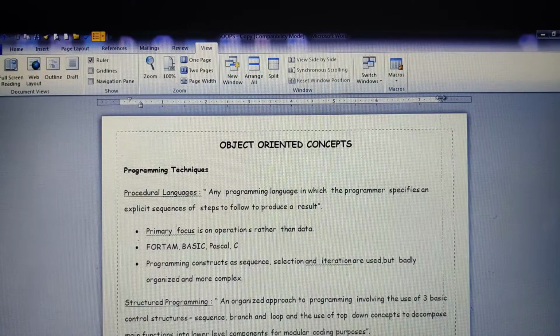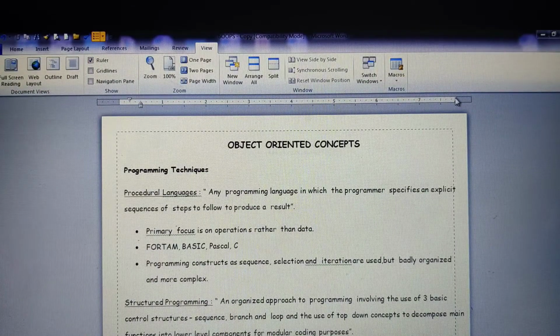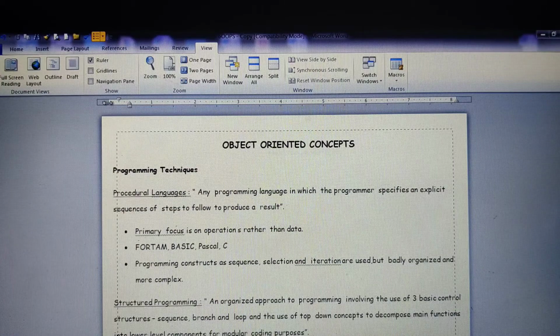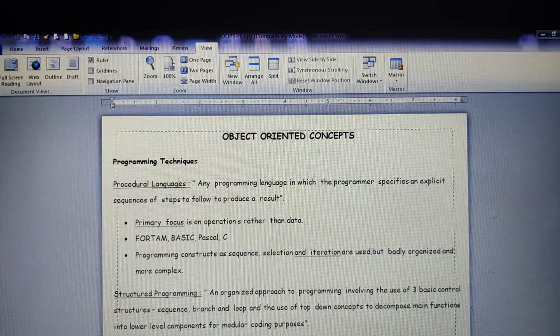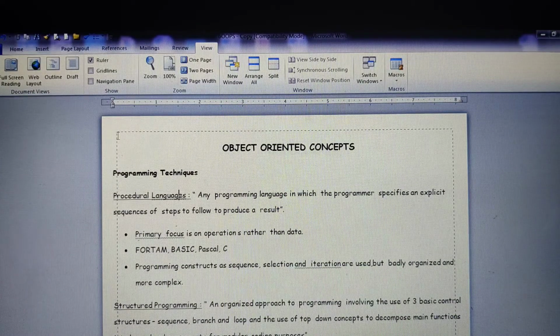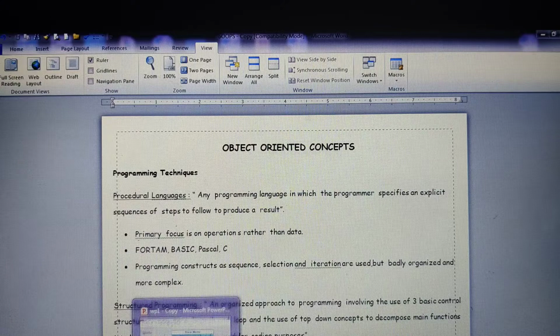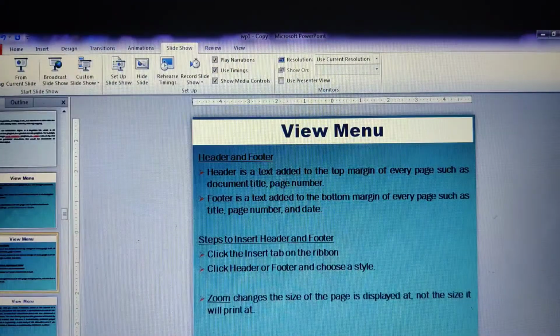I can adjust the right indentation, right margin if I want to decrease it. See, you can increase the right indentation. Left indentation, I want to increase it. You can adjust in this way from whichever point you want to view. Suppose if I want to increase the contents up and down, all these things you can do with the help of the ruler. So the ruler will give you the status of the page with numeric values. I hope you are able to understand all these options. Let us continue with that PPT here.